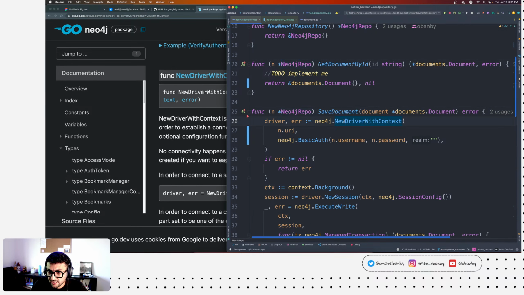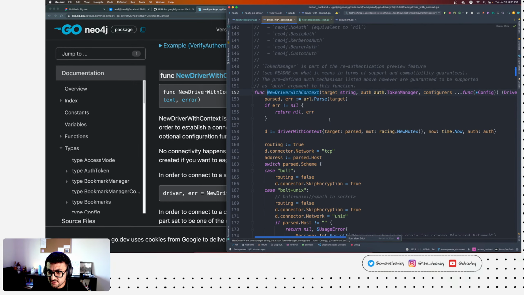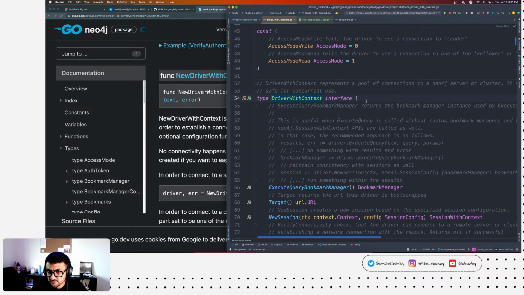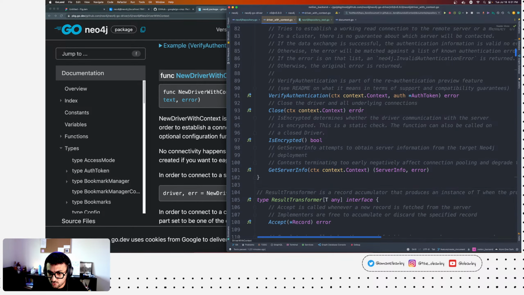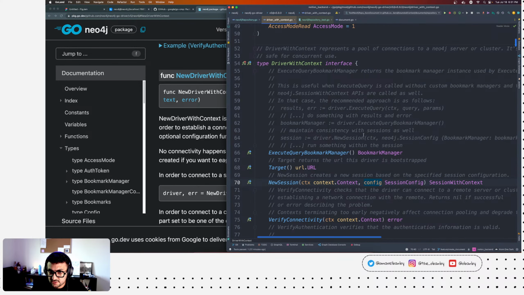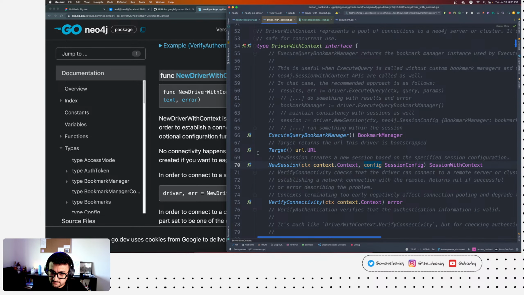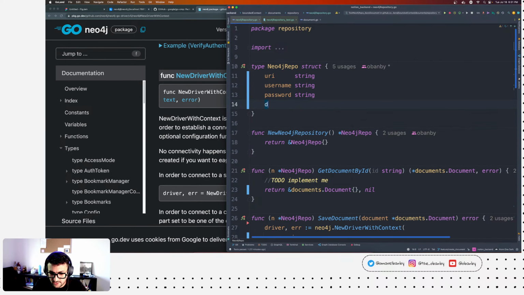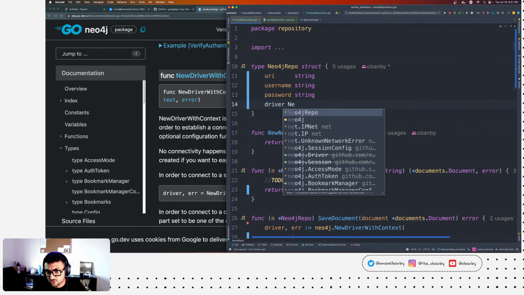But before we do that, I'm trying to understand where the context here comes in, right? So it returns the DriverWithContext, which is a driver here that I'm assuming, of course, has a context, and this context right here. Oh, I see. So you're forcing yourself to use the session with context, and you verify connectivity with context. So it's saying, I will provide the context for you to use it. Okay, understood. Thank you. So now we can say here, you know what? Actually, I do have a driver, and it's going to be a Neo4j.